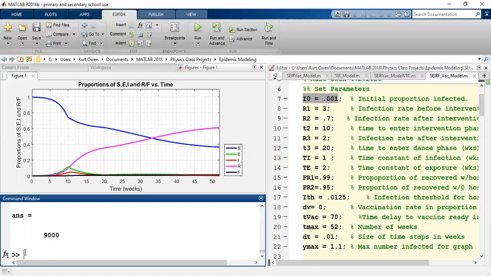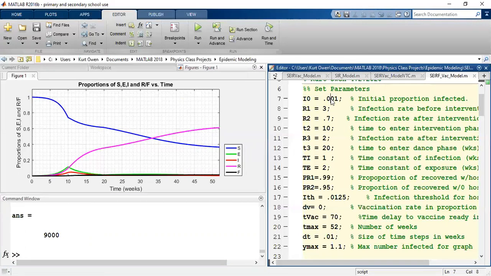That's probably high for what was going on 10 weeks ago, all right? Back at week 0, so that would be near the beginning of the year. We probably didn't have 9,000 infections in New Jersey. We probably had more. I'm just going to assume that we should add 2 zeros to I naught, and that would bring the number of infections in New Jersey down to 90 instead, all right? So if I add 2 zeros here to my I0 value, that would start us at about 90 infections at the beginning of the year, 14 weeks ago.